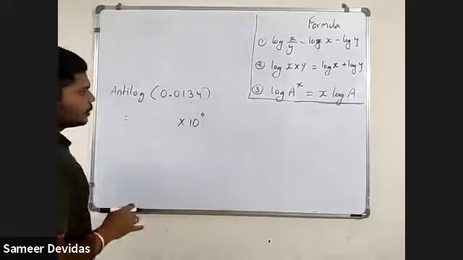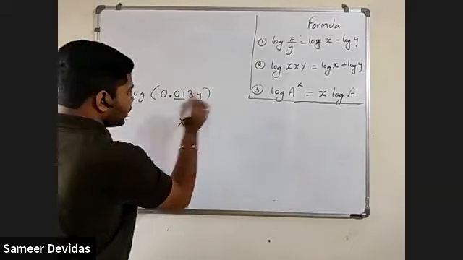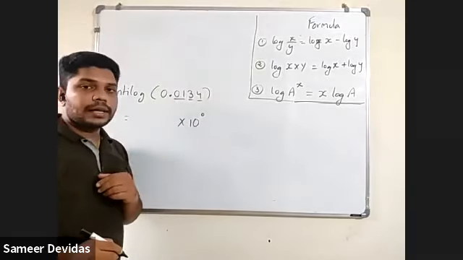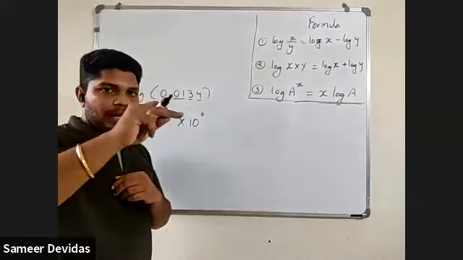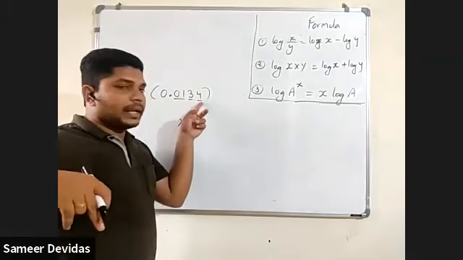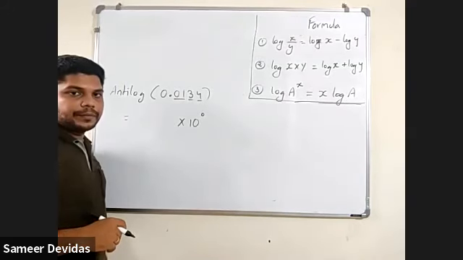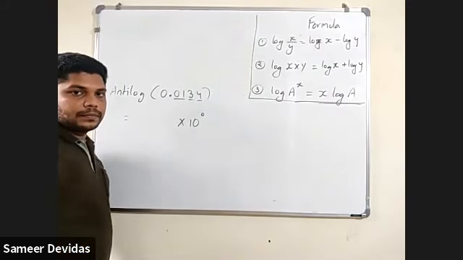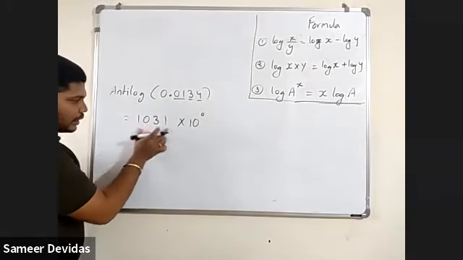Now we'll go for this one. How to do? The same way. After decimal, 2 numbers, then third, then fourth. So after decimal, which 2 numbers are there? 0, 1. So in 0.01, in your first column, go for the third column, and then you go for the fourth column and add that number. Tell me the final answer. 1031. Now this is your answer, 1031.